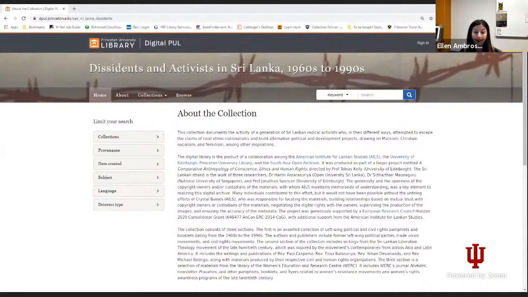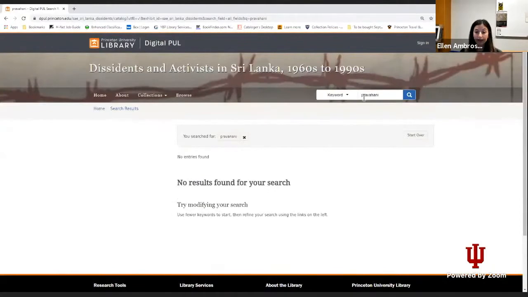To try to mitigate this difficulty, I asked Items if they could create a keyword field where we could enter more intuitive ways of romanizing South Asian languages. And here I want to show you an example. So this is the homepage for the Dissidents collection. And one of the items that we have in here from the Women's Education and Research Center is a periodical called Pravahini. And what's special about Pravahini is that the creators actually made the conscious choice to publish that periodical